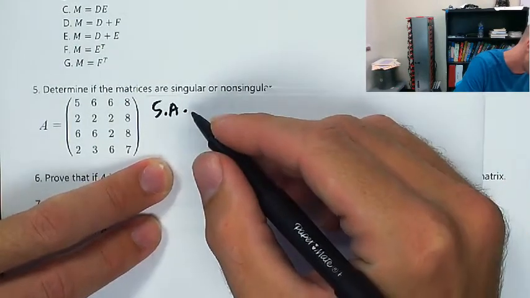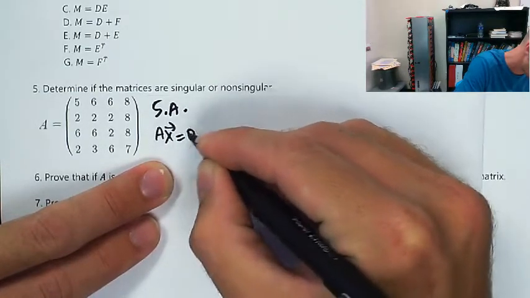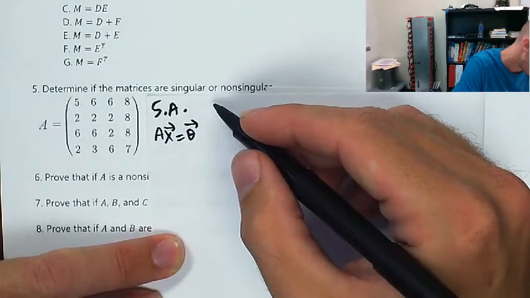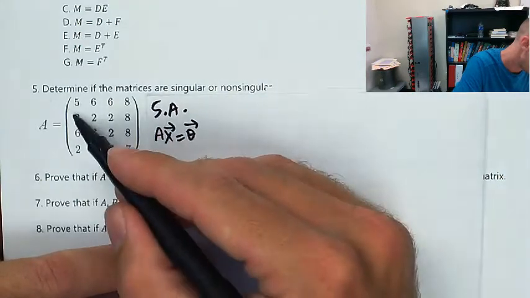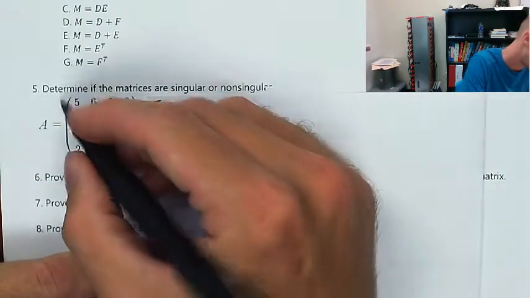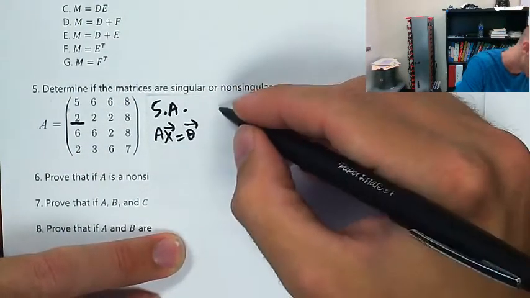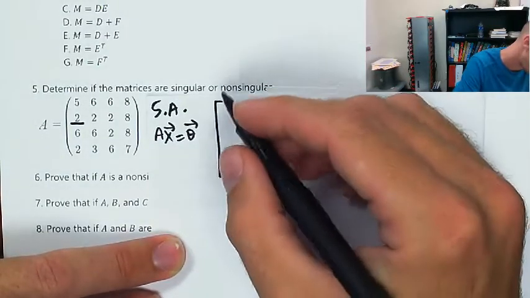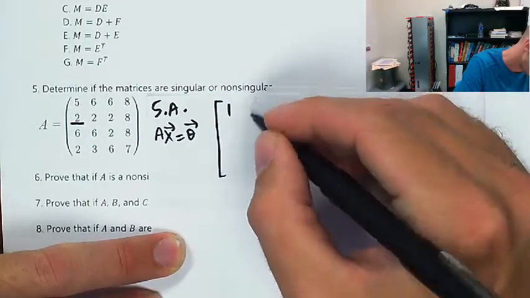Okay, we need to find the solutions to AX equals 0. Right? So my plan is, I don't like the look of this at all, but it's going to be okay. What am I going to do here? I am going to identify, like this is going to be my main tool that I'm going to use. And in fact, I'm just going to preemptively divide that by 2, move it up to the top row,